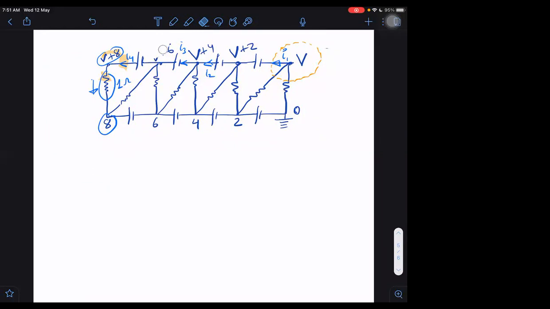If I have to do it by the loop rule, then I don't need these voltages. First of all, KVL is called the loop rule. You know that or not? When we apply KVL, we don't take the voltages, we take the currents. Then we have to assume currents in this. And we don't necessarily have to assume them the way we have been assuming.